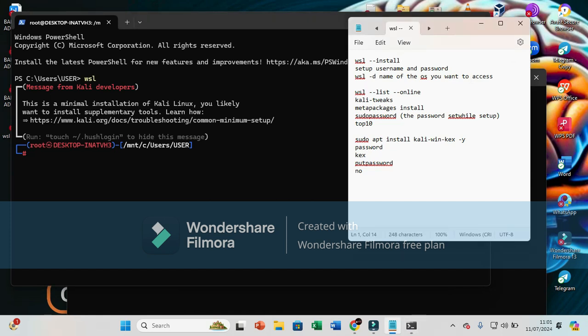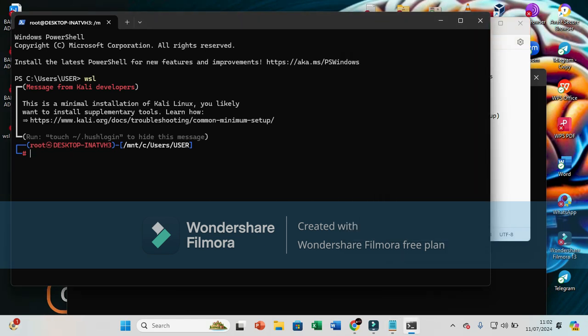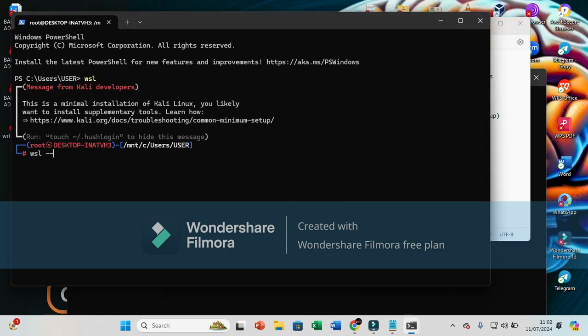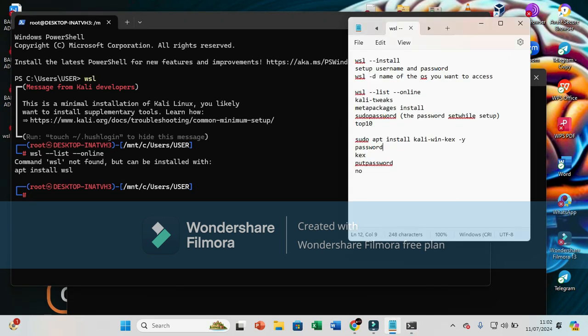Now in this area, I can do WSL list online. So WSL dash dash list dash dash online. Oh, sorry, I think it's after you have installed, where you are installing the WSL format. Or you could just try, let's do a clear,